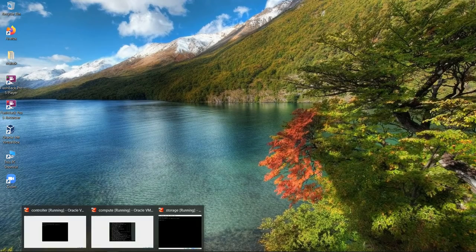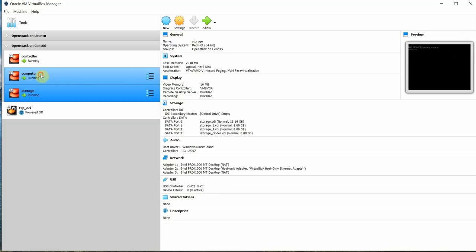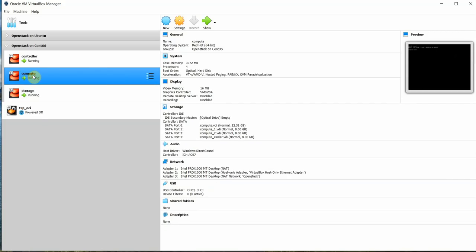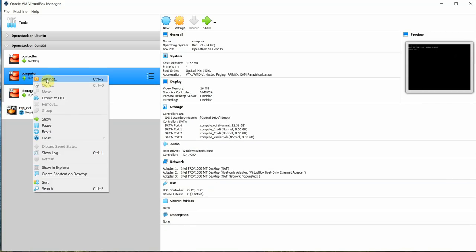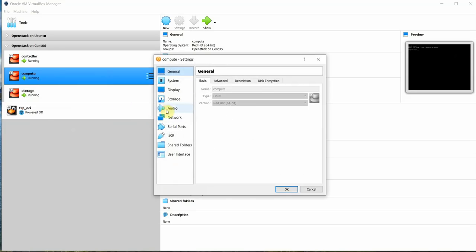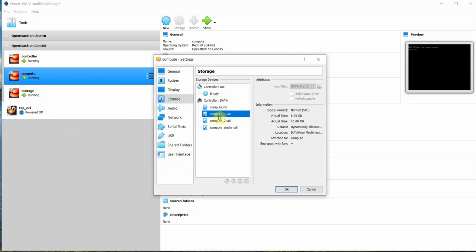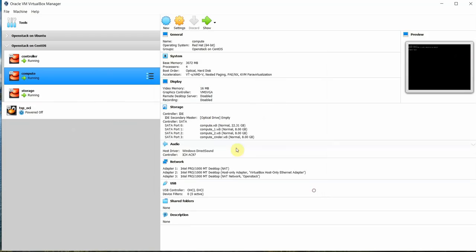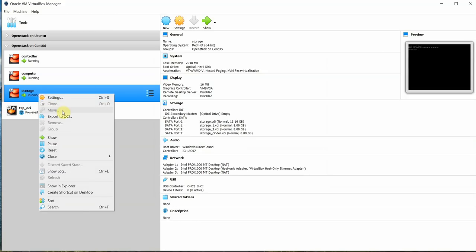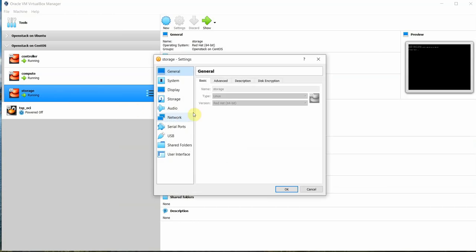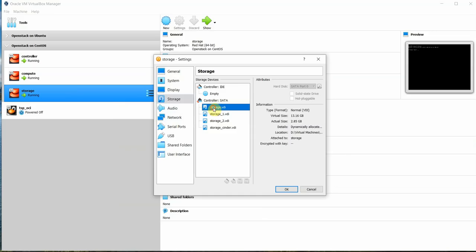On the compute and storage nodes, these are going to be my storage nodes. On the storage node, I have additional disks. This is my SDB and this is my SDC. Two disks I will be using, the same on the storage server also, SDB and SDC.